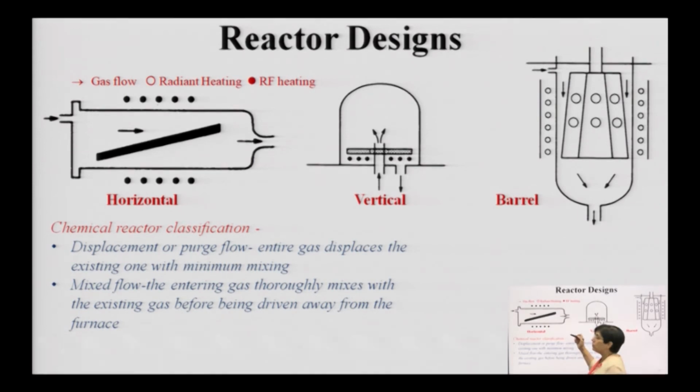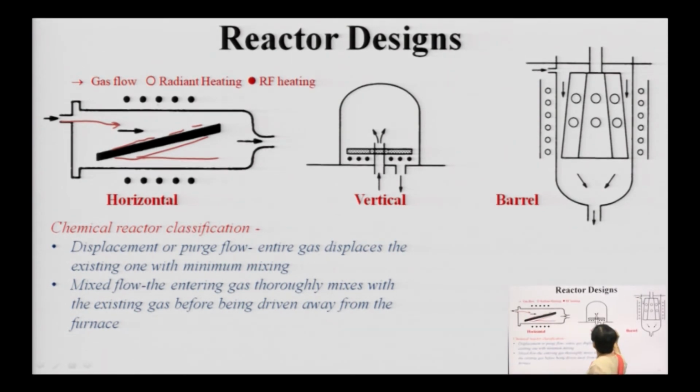Now, in order to ensure proper deposition of the epitaxial layer, as I told you, there are specific design constraints as far as your furnace is concerned. This is the horizontal furnace, where your dopant gas is introduced parallel to the wafer. Here your wafers are placed in a tilted position, so that the boundary conditions we have studied are met, and based on that tilted angle, there will be uniformity of the deposition.